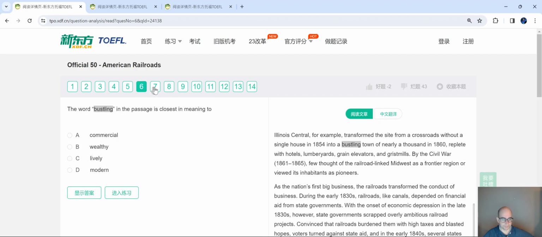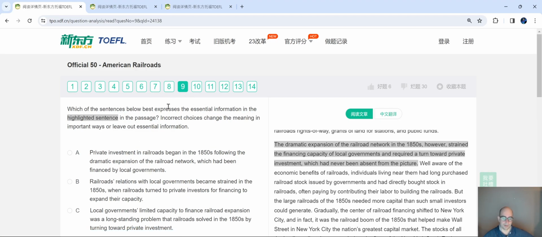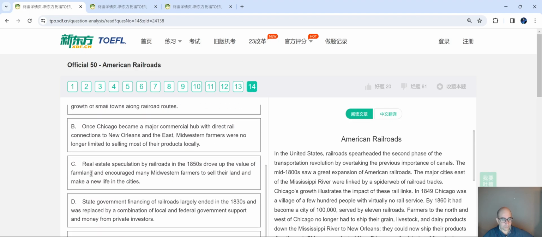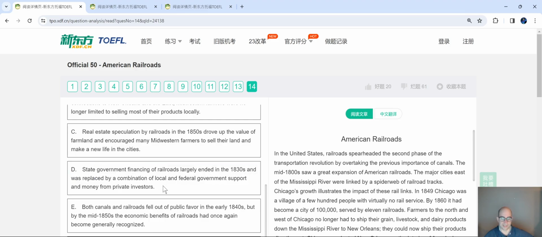So just to show you, the first part of that answer option from the summary question was here. How were railroads affected by the economic depression in the late 1830s? And yeah, I remember the answer to that question was they lost funding. They lost that financial support from the state government. So if I remember that from memory, it's going to help me get the main idea. And I also remember question 9, how they talk about private investment and how they ended up supporting the railroad network. So both parts of this answer choice helped me realize that this is indeed a